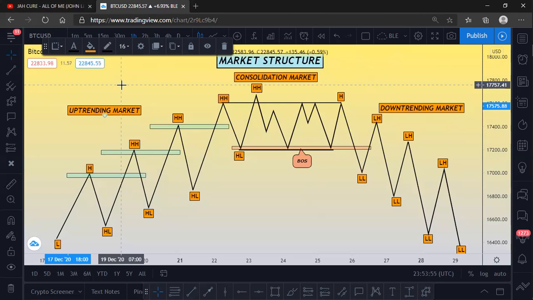We don't know if it wants to start a new trend to the downside. That is why trading consolidation at times can be risky, because now you don't know what the market wants to do. You don't know if it wants to continue going up. You don't know if it wants to start a new trend coming down. So the best thing to do is wait for the market to show you where it's going.